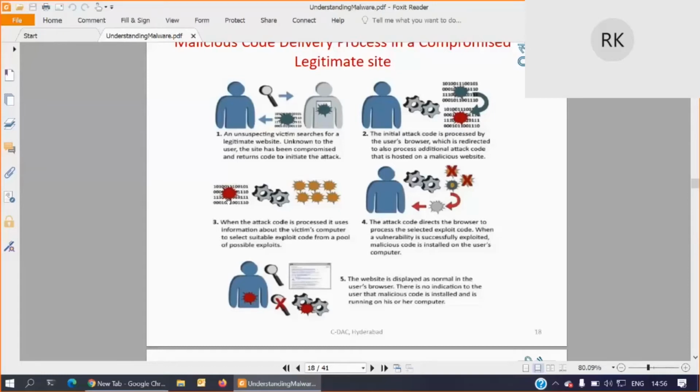If your system is Windows, it will send Windows-related malware. If your system is Linux, it will send some Linux-related malware. If you are using Adobe Reader version 8, it will send viruses for Adobe Reader version 8. Like that, based on the system's configuration, it will send only the corresponding malware, not the whole dump of malware. Based on your current system and parameters, it will download only the corresponding malware and try to execute it on your system. Okay, so that is what I explained here.